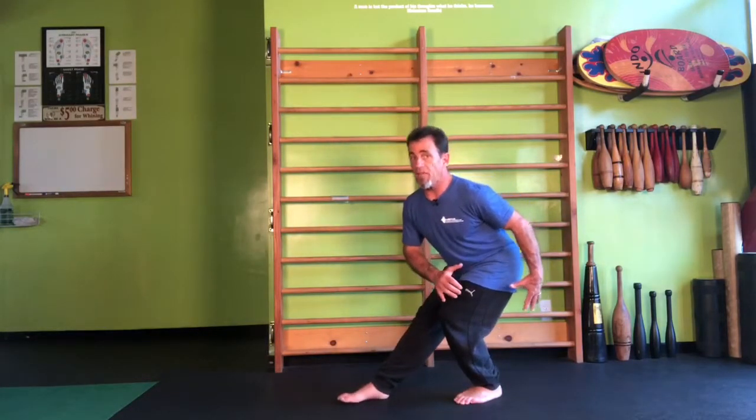So it's not going to be a comfortable or safe place that they feel like going. So they may be guarded. Now you just got to watch how far you step back. You're not going to need to lunge very far. You're just going to step back and load into that leg, and then from there drive forward and return back